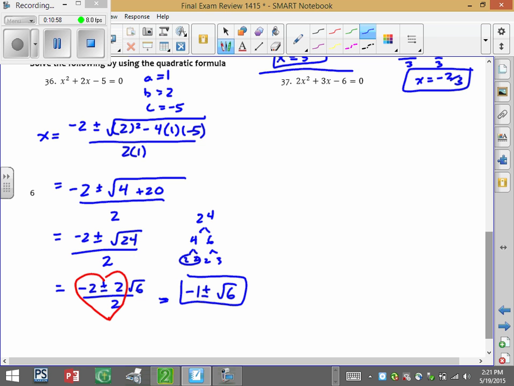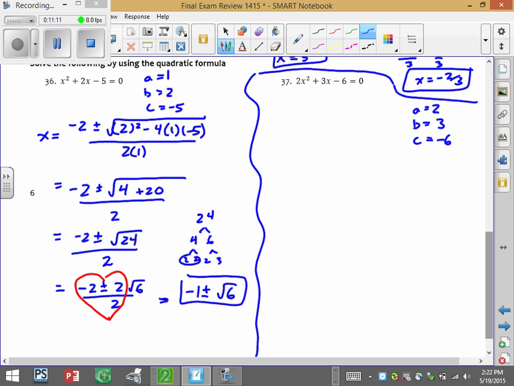All right, and then finally number 37, let me give myself a little bit of space. A equals 2, B equals 3, C equals negative 6. Both of these were pretty nice in the sense that we didn't have to do any work before we start the quadratic formula. So opposite B will be negative 3, and then b squared minus 4 times 2 times negative 6